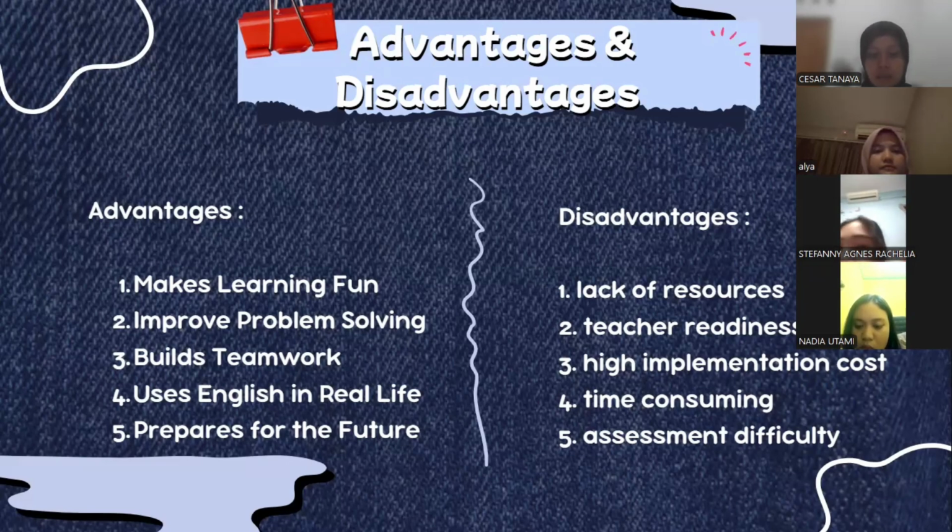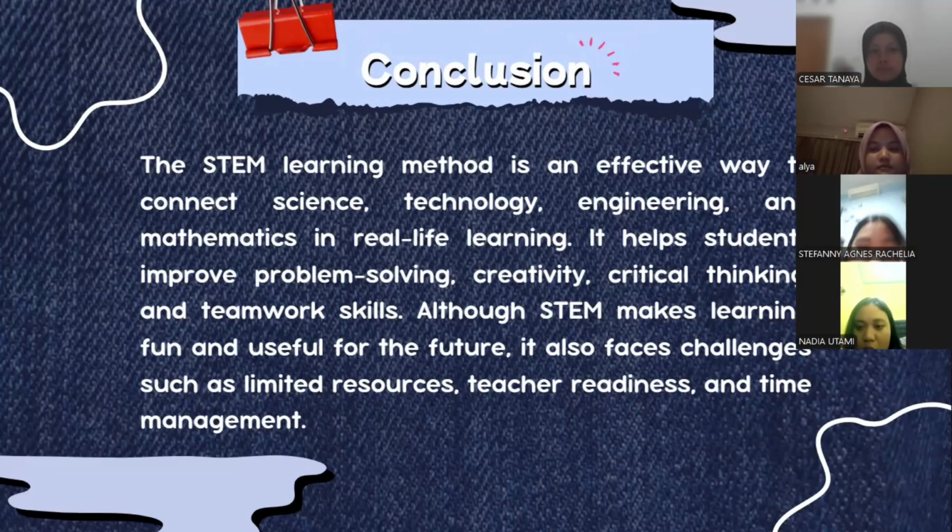And then number four, time consuming. Planning and conducting STEM activities take more time than traditional lessons. And the last, assessment difficulty. It is hard to measure students' performance in STEM through standard tests. In the next slide. So, for the conclusion, the STEM learning method is an effective way to connect science,